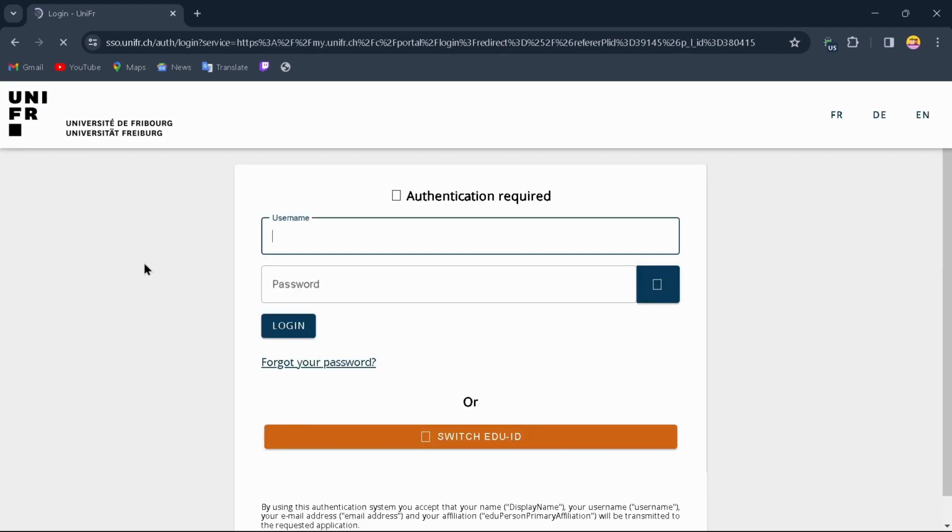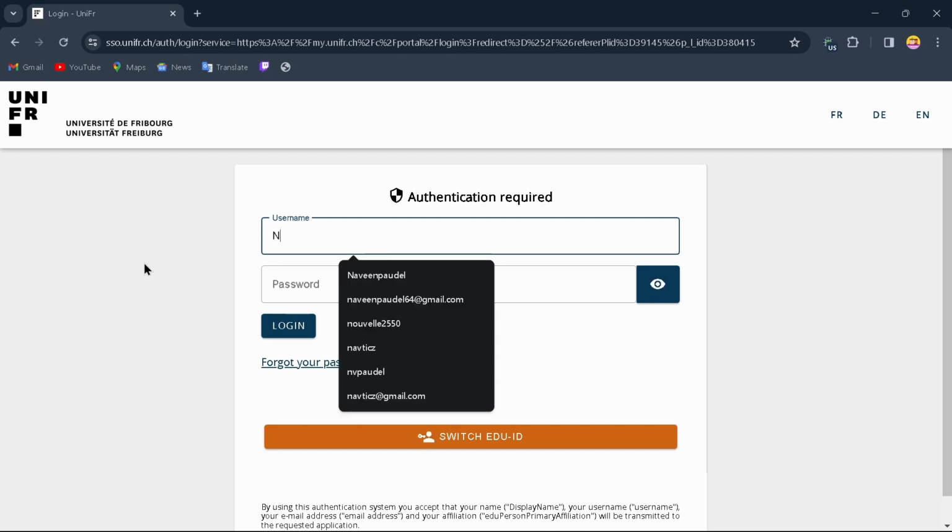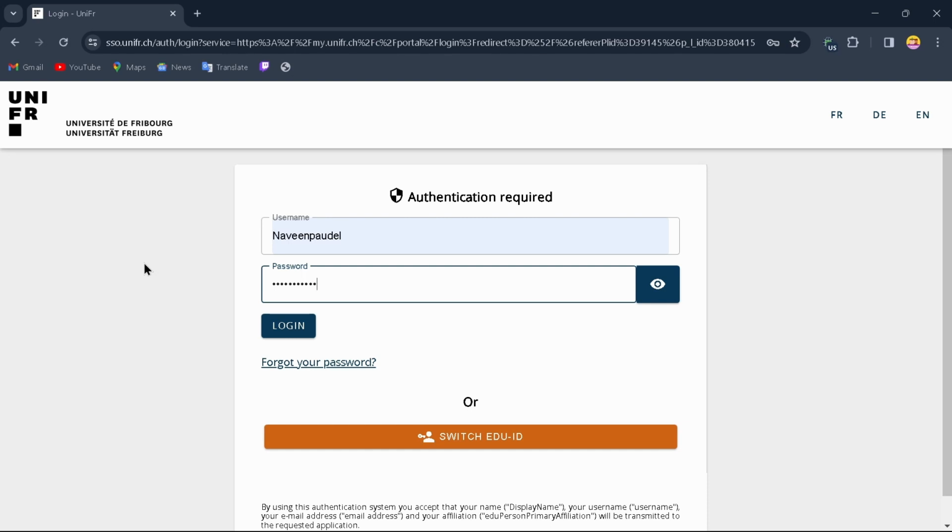After tapping on that option, now what you can do is just simply enter your username and password. After entering your username and password, you can just tap on login, and by tapping on login you'll successfully log